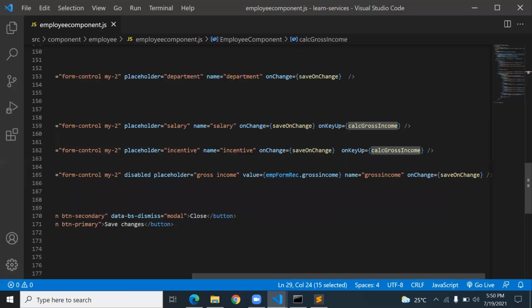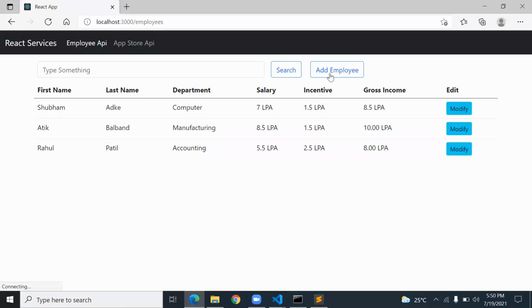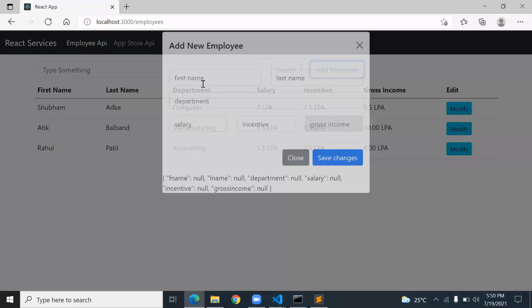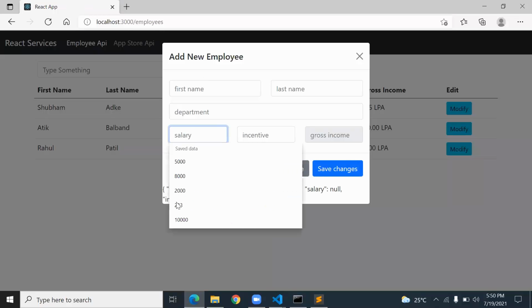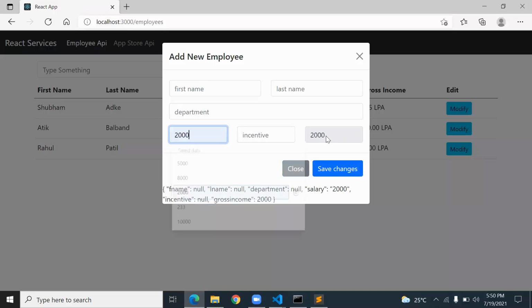The key up event means that when you change something inside the text box, pressing and releasing a key on the keyboard, it is automatically called. So now what you type, let's say 2000, immediately it will show you here 2000.